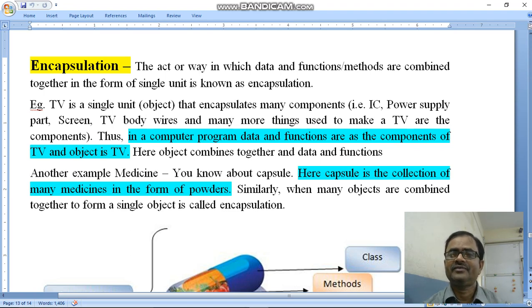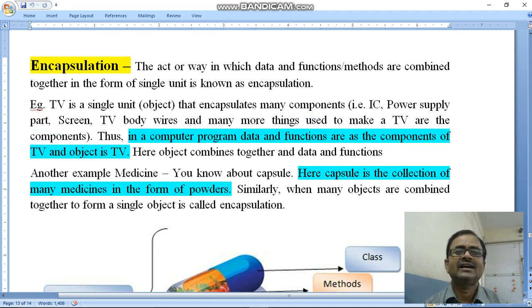From the outside you see this is a TV, that is the object, and inside it, to make a TV there are many components: IC, power supply parts, screen, the TV's body, wires and many more things used to make a TV.